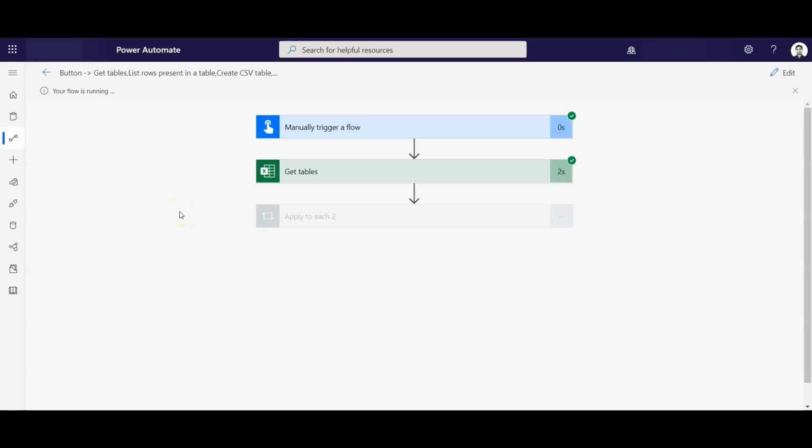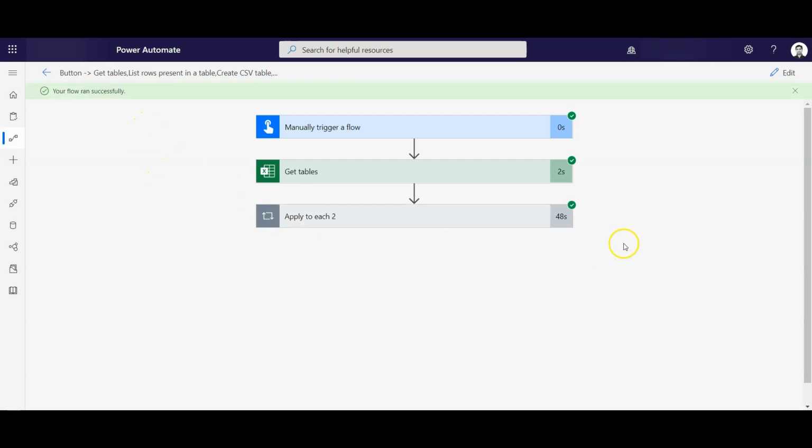And then if I see here, my flow is running, right? It's getting all the tables from that particular Excel and converting them into CSV. Here it might take some time depending on the number of rows in the Excel which you have connected. So give it a few more seconds to complete.